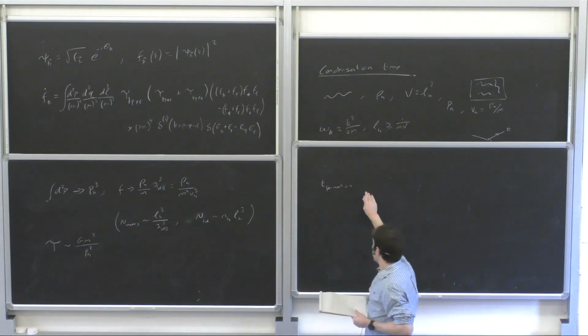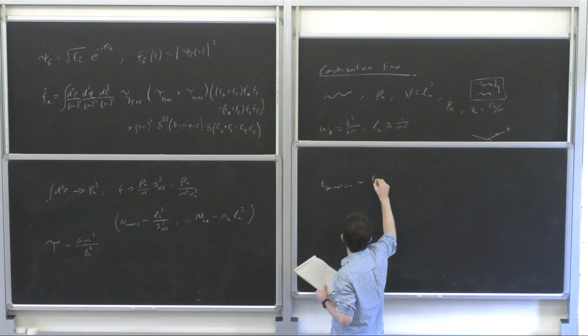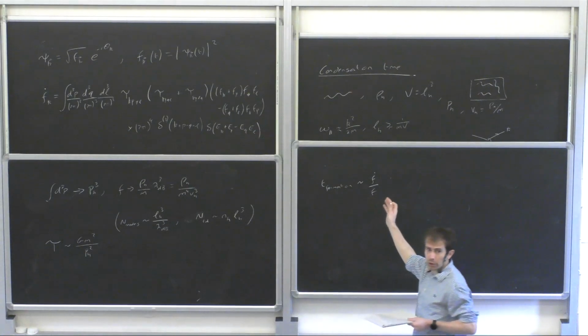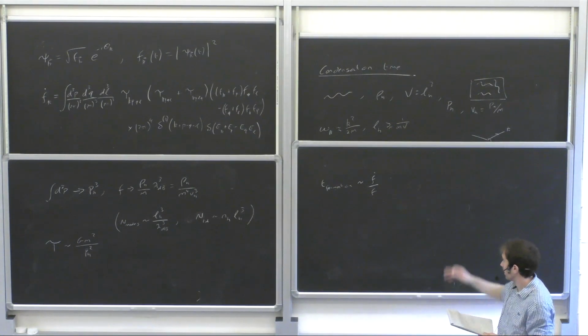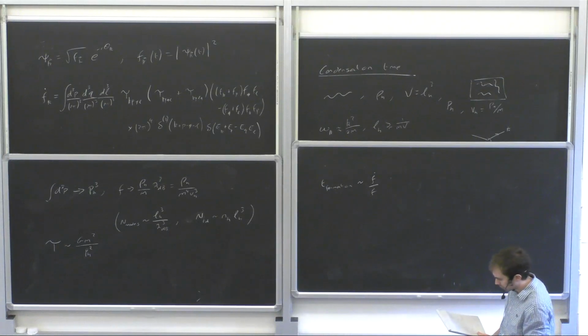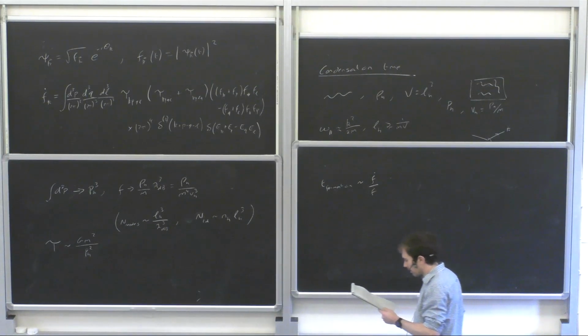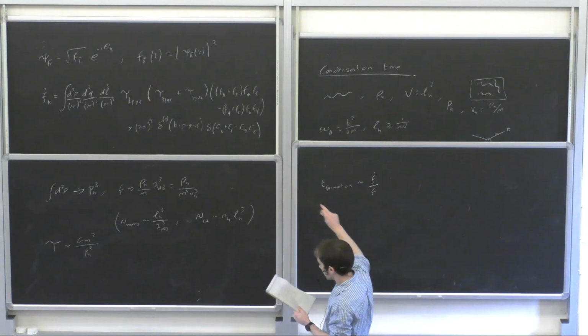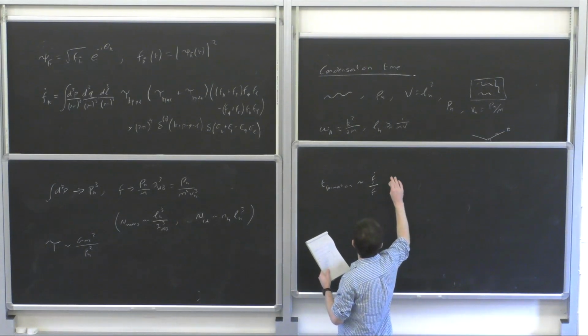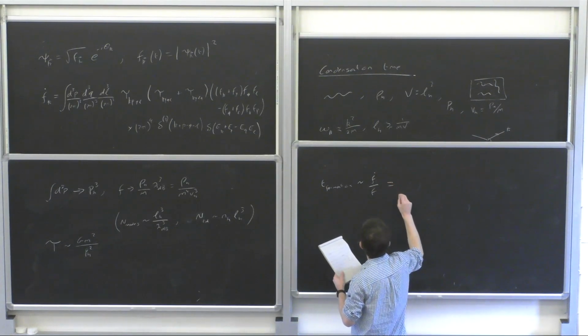Then I can estimate that the time to form an axion star is going to be roughly f over f dot. So this is telling me when the occupation number of a given mode has changed by an order 1 amount. Well, when this is equal to 1, then the occupation number will have changed by an order 1 amount. Putting those approximations into that expression, we get out that this is equal to